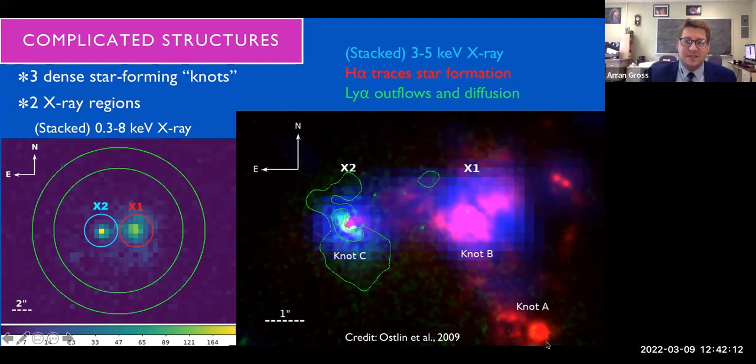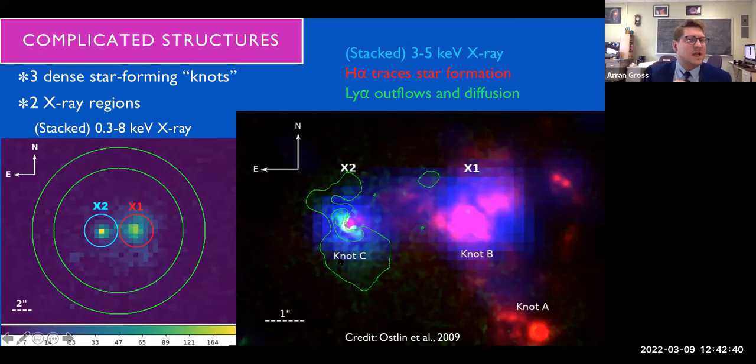Even though it has the heaviest amount of star formation, certainly evidenced by H alpha shown in red here, it really isn't doing much that we can pick up on in X-ray. Knot B, that has plenty of star formation as well, does have a rather extended X-ray source here, shown in blue. So we're going to be focusing on this region, which we'll call X-ray region 1, X1, and then